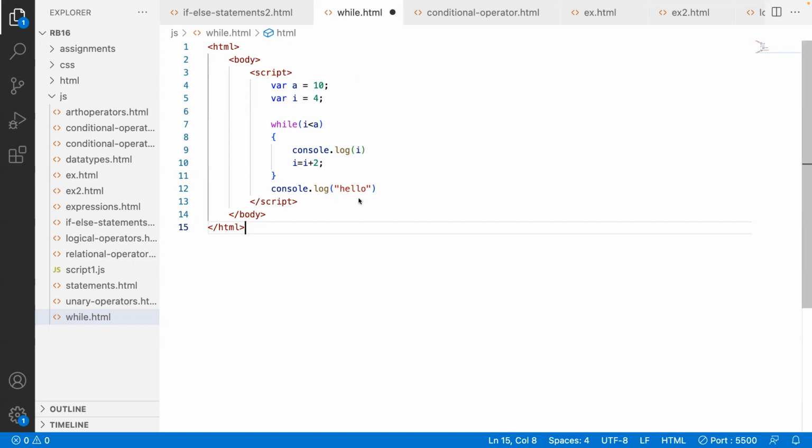అంటే ఏంటి కన్సోల్ డాట్ లాగ్ అంటే? కన్సోల్ డాట్ లాగ్ అంటే అవుట్పుట్ ని ప్రింట్ చేయమని. కన్సోల్ డాట్ లాగ్ ఆఫ్ ఐ అంటే ఏం చేస్తుంది? అది ఏం ప్రింట్ చేస్తుంది? ఐలో ఎంత ఉంది? 4 ప్రింట్ చేస్తుందని చెప్పు. ఫస్ట్ 4 ప్రింట్ చేస్తుందా చేయదా? అది నేను అడుగుతున్నా. ఫస్ట్ 4 తర్వాత